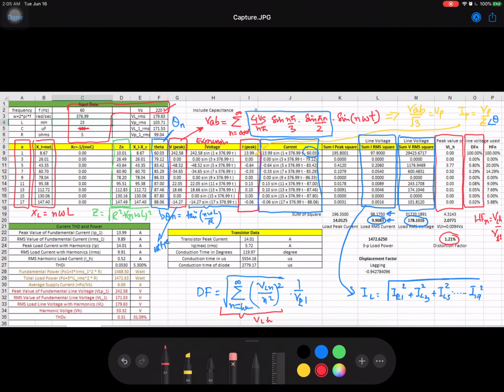So I have considered the line voltage over here. This is for line voltage, this is for line voltage, and similarly this one. Considering the line voltages, I have calculated the distortion factor and the harmonic factor, right? Then we can calculate the power that is calculated in this expression, P naught, that is equal to IL square into R multiplied by 3 for 3 phase. So this gives us the total 3 phase power.